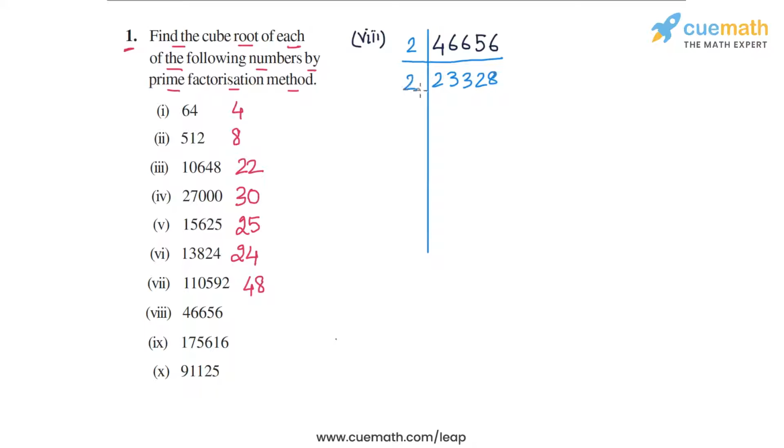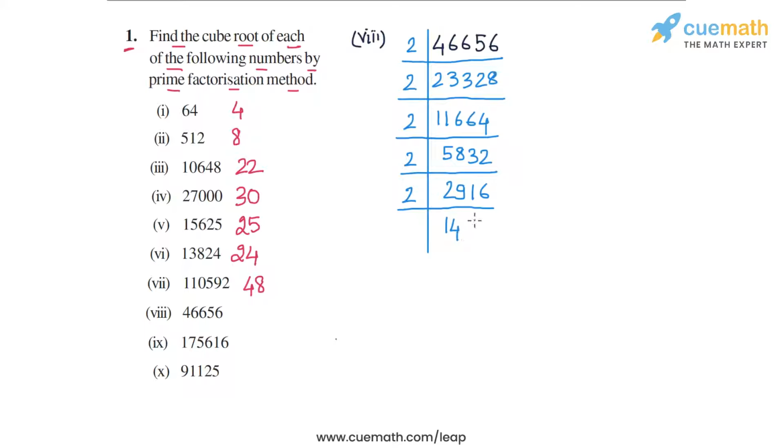This is still even, so we take out another 2, and this gives us 11,664, which is even again, so we take out a 2 once again, and that gives us 5,832, which is still even, so we take out a 2 once again, and that gives us 2916. So we take out a 2 again because this is even, and that gives us 1458, and this is once again even, so we take out another 2, and this gives us